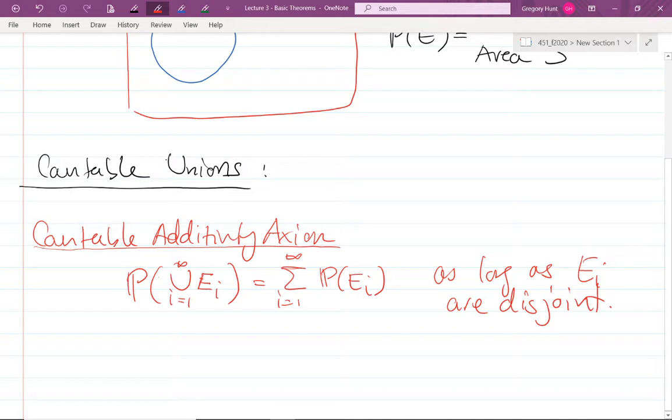This isn't exactly how we stated the countable additivity axiom, but it's effectively equivalent to it. It says that if I take an event and partition it into some E sub I, then I can calculate the probability of the event as the sum of the probabilities of the individual E sub I. Another way of saying it is that I can distribute the probability of this union, switching the union into a sum, as long as the E sub I here are disjoint. That is, they partition their union. So what about finite additivity?